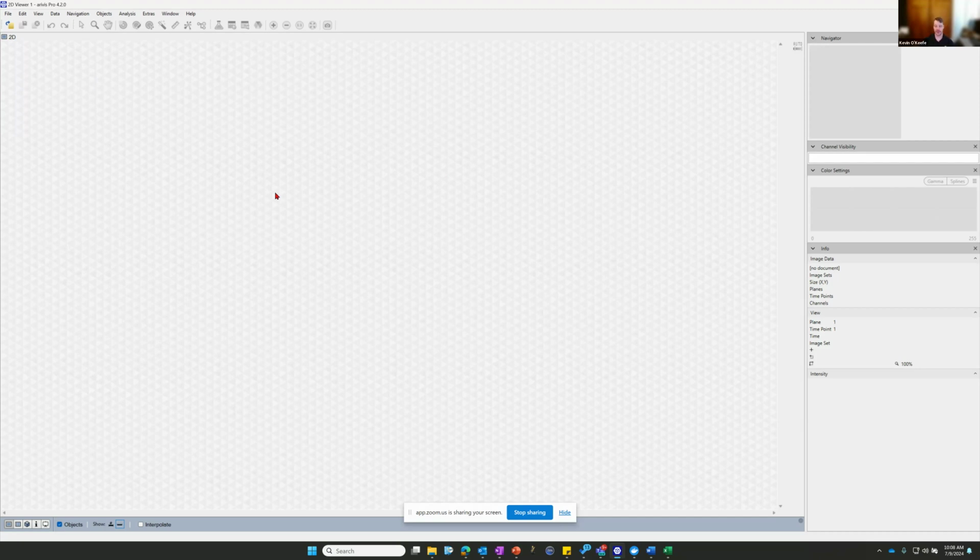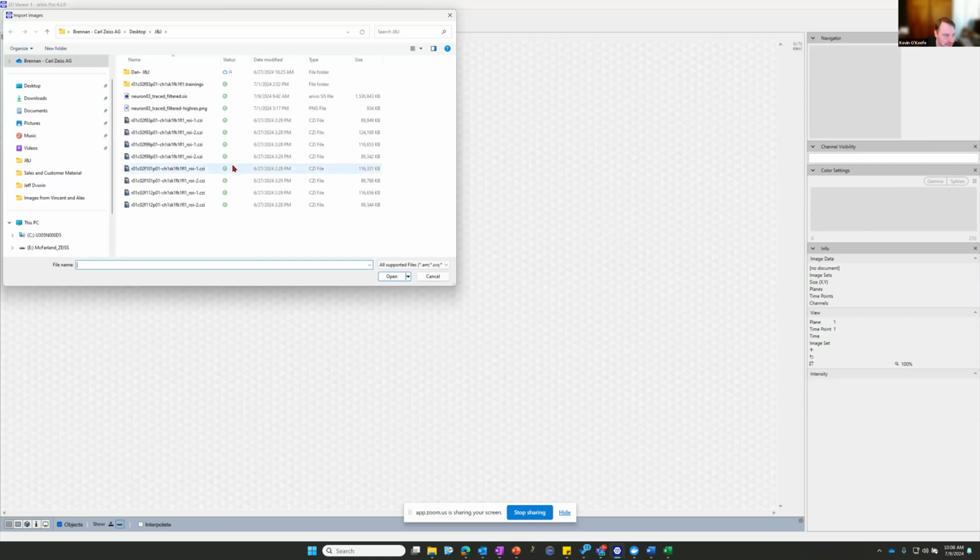And the first step any time that you want to do image analysis with Arivis Pro is you will have to convert your file type into a native .sis format. And to do that, you would almost always start with a new image. You would go to File and then hit this Import button. And so when I go and hit that Import button,